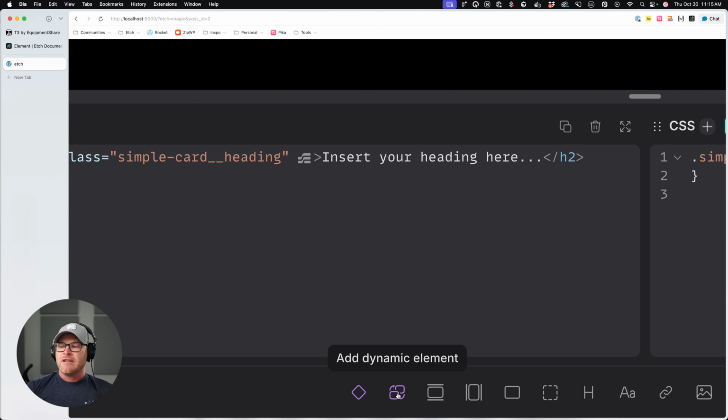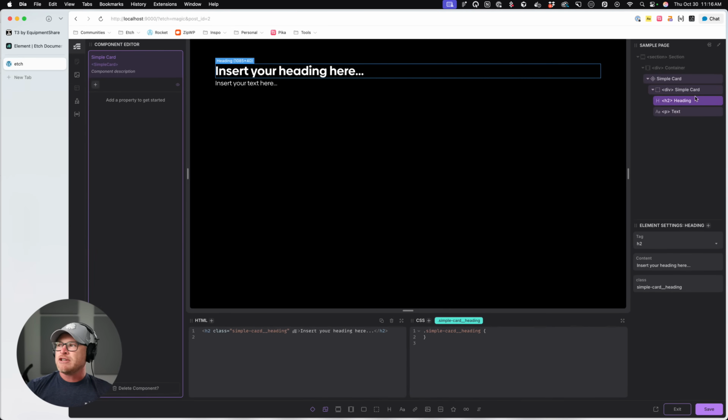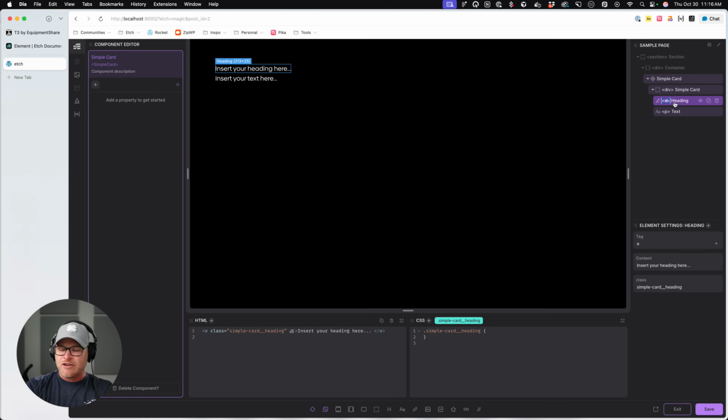Now you will see down here, we have this new, let me try to zoom in on it, add dynamic element, okay? So you have all your normal elements that have their normal tags, and then you have this element, which is the dynamic element. But like I said, you can just type it if you want to. I believe you can even just type it in here as well. And it will morph itself into the element, right?